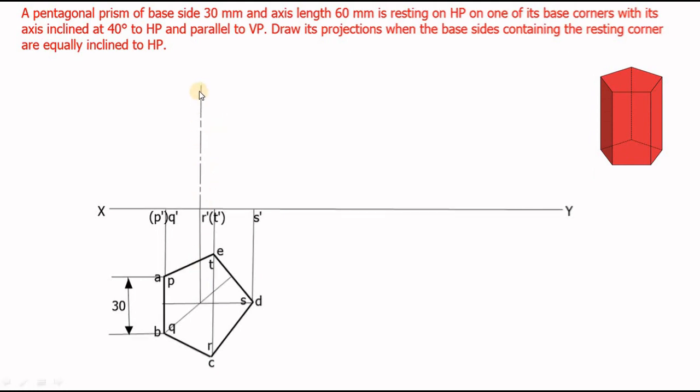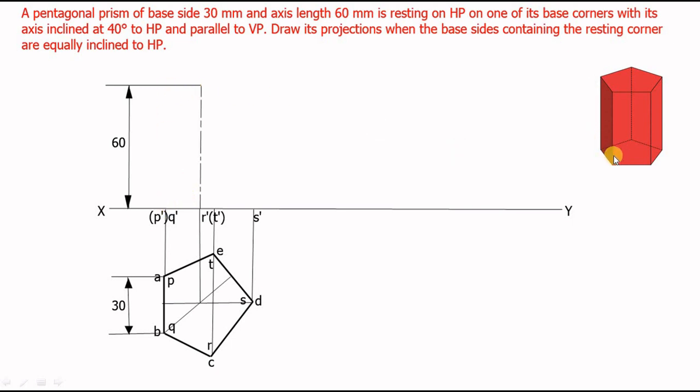So draw it as a center line. You should not draw a continuous straight line. It is a center line, so you should draw like this. One short line and one long line. Clear? This particular center line should be of length 60, since the axis length is given as 60 mm. So this is the axis line and this should be 60 mm. Just mark the dimension, that is 60. The arrowhead should be in 3:1 ratio. Clear?